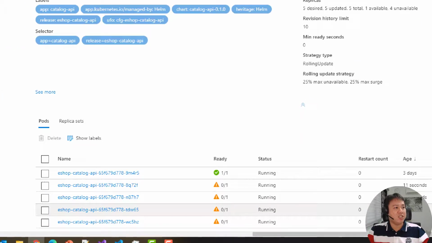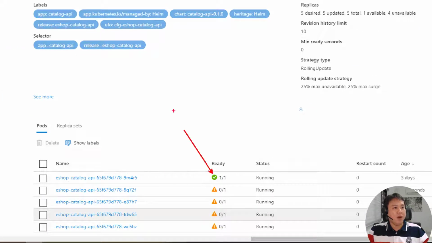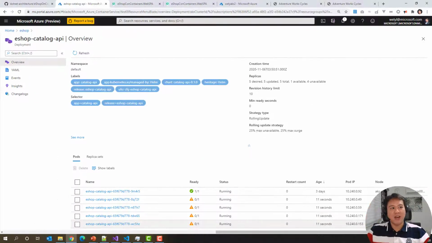As you can see, just now I started with 1, and then over time I changed to 5, and now Kubernetes will start to increase the number of instances to 5 for me. Again, remember, it's just for the catalog service, so I can scale independently without affecting the others. Okay, now what about